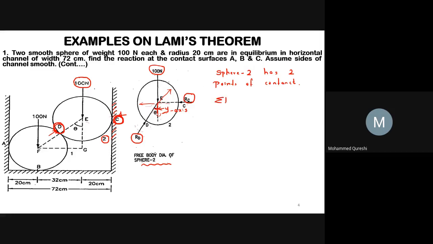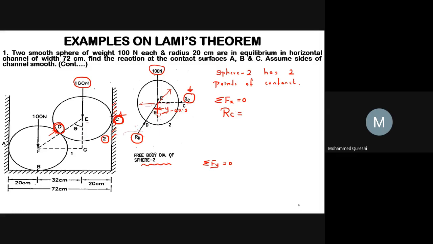I will just find both the components, that is summation of Fx and summation of Fy. Summation of all the horizontal forces equals 0 and summation of all the vertical forces equals 0. So in our case, for the horizontal component, this will be your horizontal component. So RC equals to,